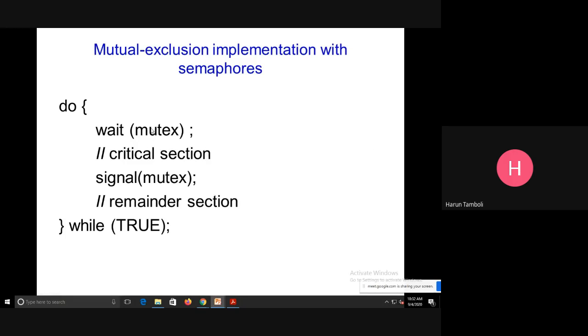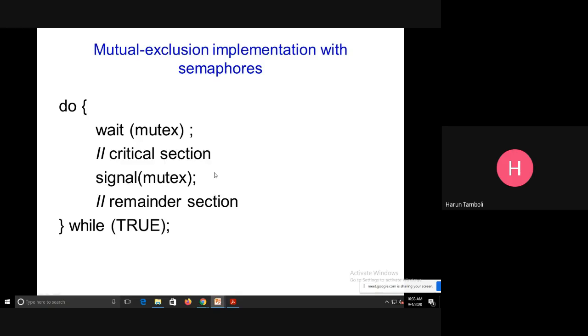Here I am using the variable mutex, and in the wait, the value of the mutex will be decremented. Afterwards, after successfully executing the critical section, it will perform the signal operation